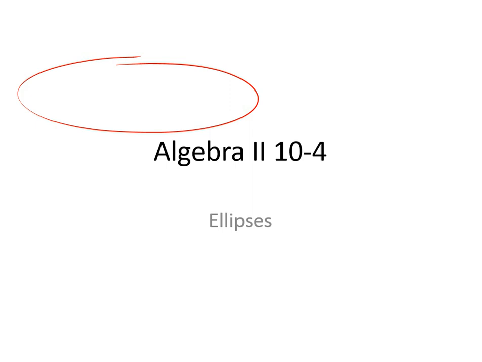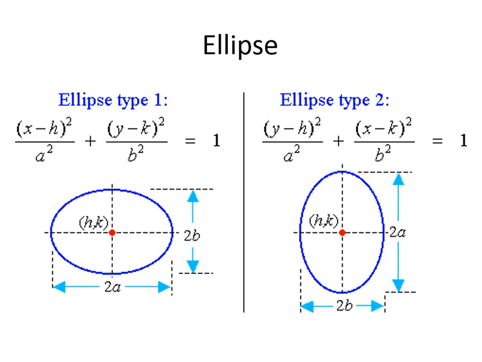So there's different things that do have this shape in the world, or in the universe, I should say. Earth's orbit is probably the coolest example. There's many others that you would see, and we're going to talk about graphing these and different things about them. So when you're graphing an ellipse, first thing you're going to do is look at the